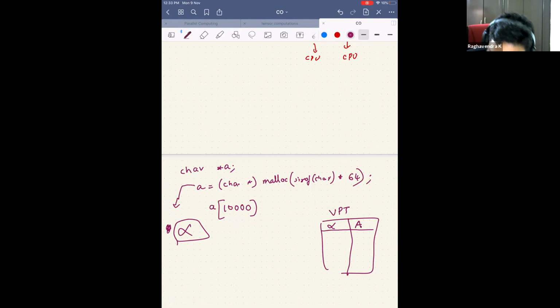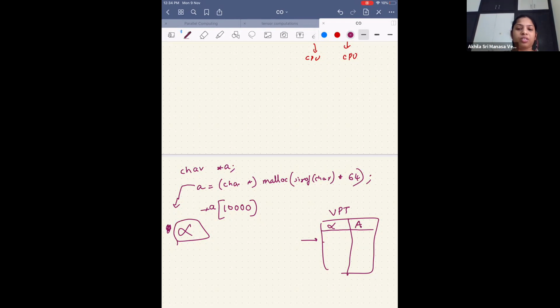Now I generated an address A of 10,000. Will it fall in this alpha? No, so it will come here. Is it a hit in the virtual page table? No. Should you allocate more memory at this point? That is not how it works.